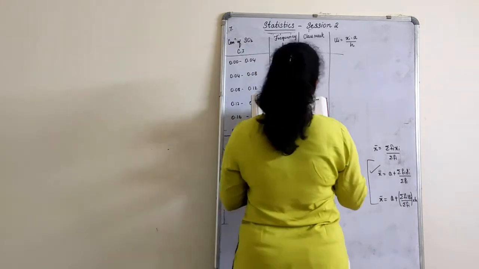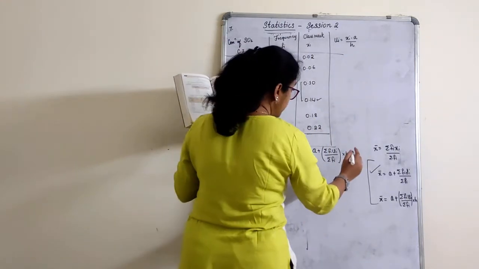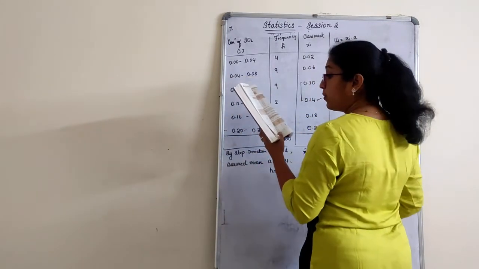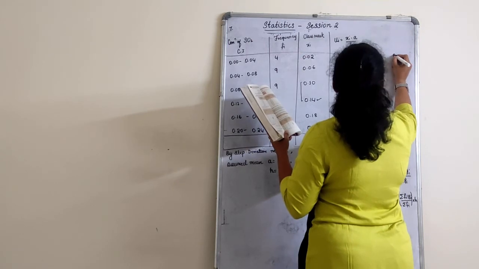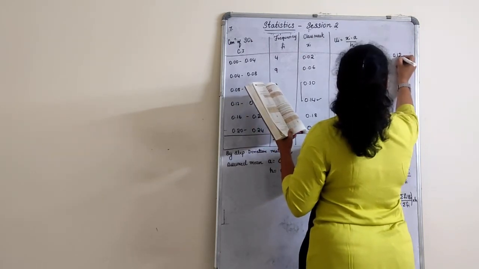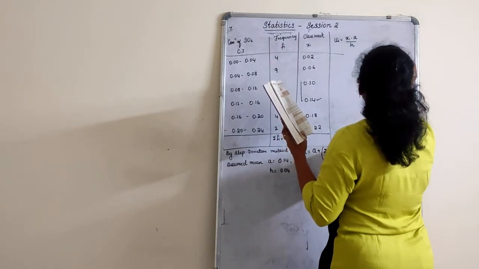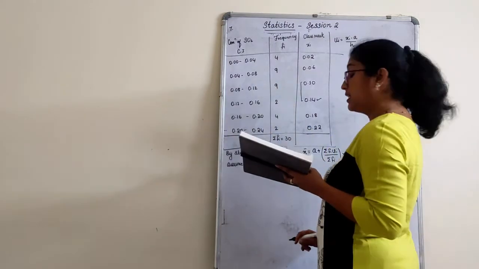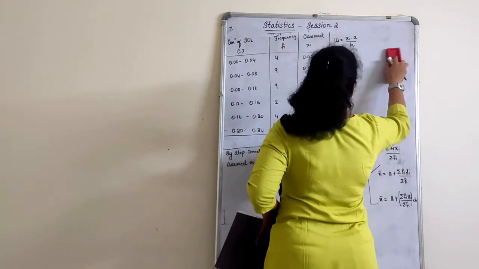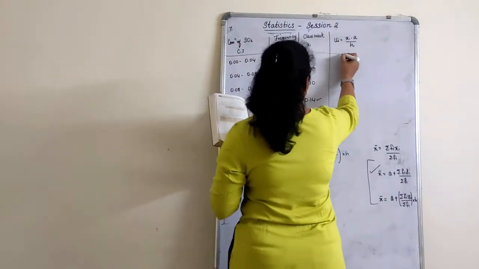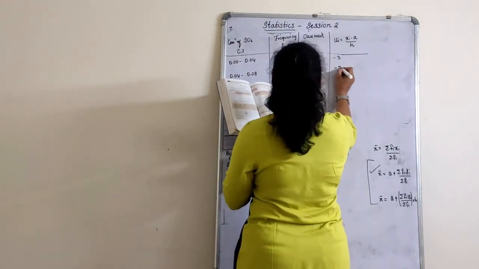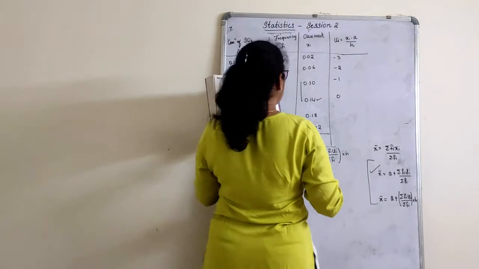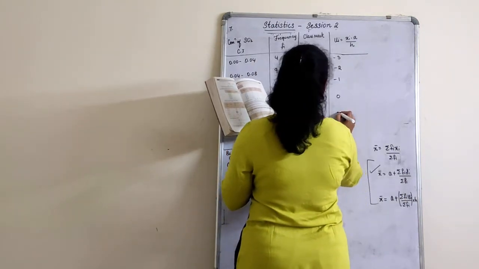I will give you the divided answer only. I will show you one if you want. So 0.02 minus 0.14, you will get the answer as minus 0.12 divided by 0.04. 4 threes are 12. Sorry, this is minus. That's how you are going to calculate it. I'll write the direct answer here: -3, -2, -1, 0. And when you get this pattern, it will be a reverse pattern always. 1, 2.